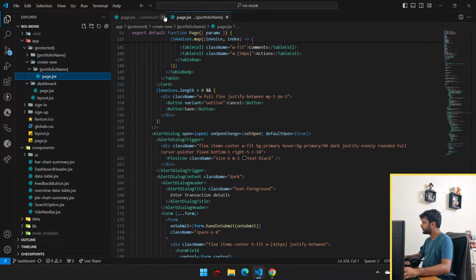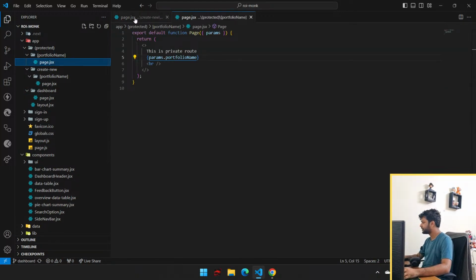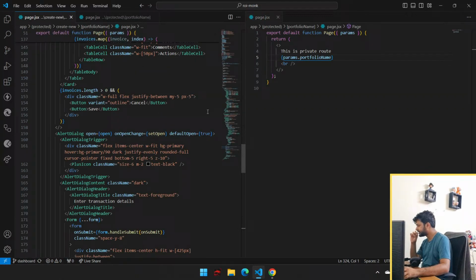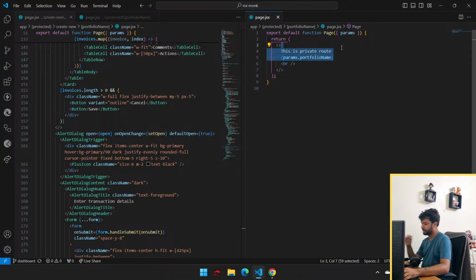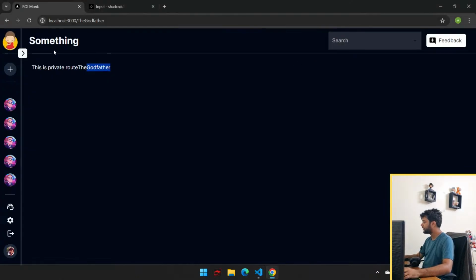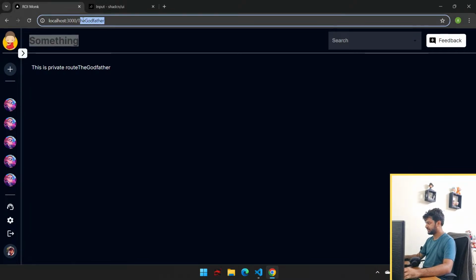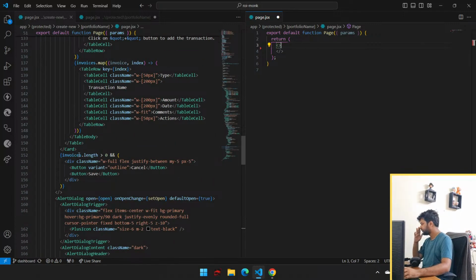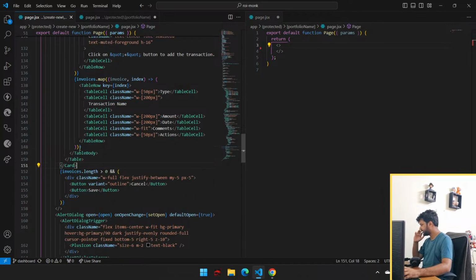Now I'll come to this page. I'll come to this page. I'll close this. Split right. Open this. And here we are. You can also get deleted. तो यहाँ पे तो हम दे देंगे अपने पोर्टफोलियो का नाम, है ना, जो कि हमें मिल जाएगा यहाँ से। यहाँ से हम बना लेंगे सीधे टेबल, राइट।